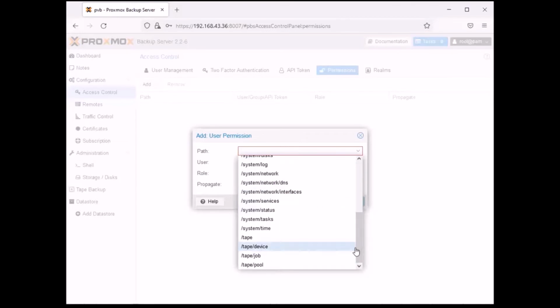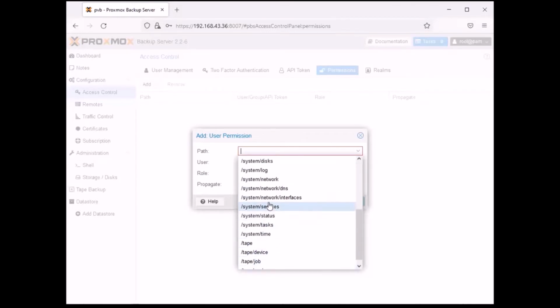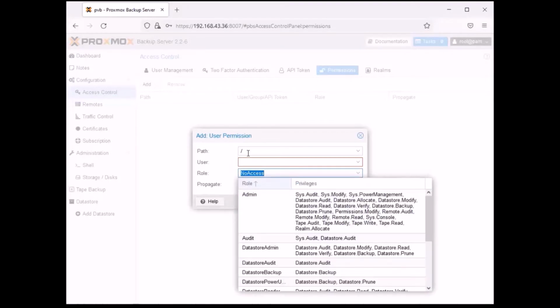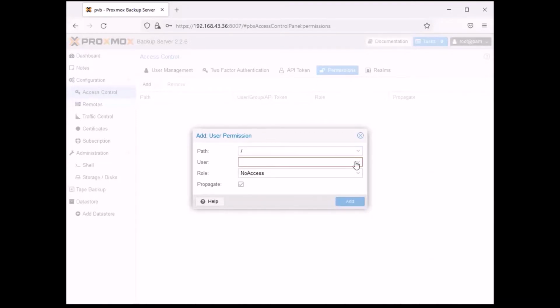Here you can either choose which things your user is going to have rights to, or you can just choose the slash, which means that you are giving permissions to everything, to all the catalogs on your server. So pay attention to this, because if you give the slash to everything and choose the user,